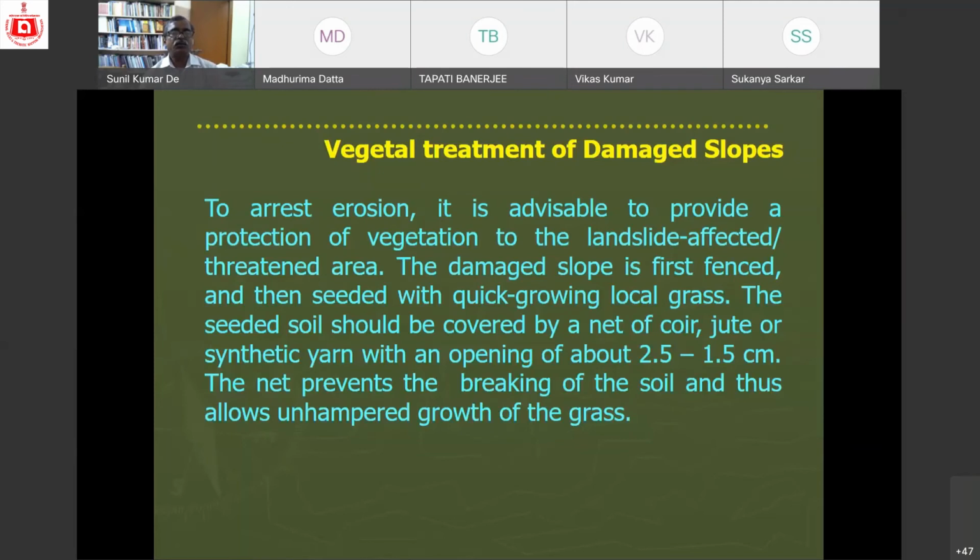This grass can grow within 15 days, and very soon it will cover the whole surface of the slope, so that the surface runoff will be monitored, as well as the landslide fatality or landslide events will also be less. Moreover, this grass has a market value, because a type of perfume is produced from this grass, so it is of very high market value, and in South India it is now being produced on a large scale. So anyway, we'll see.